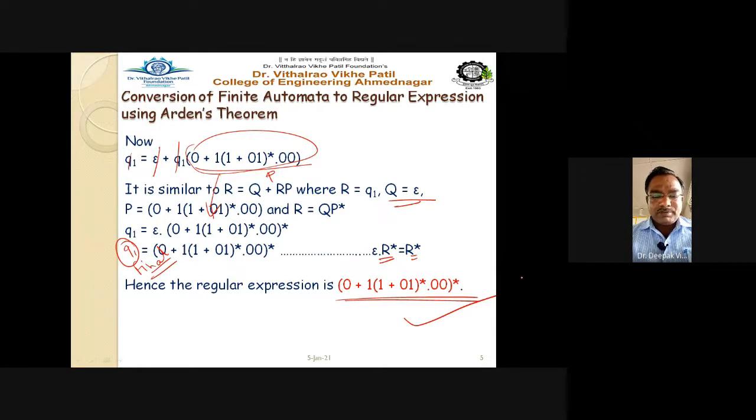So just step by step, first write down the state equations and try to solve them towards the final state. You can observe that if the final state depends upon some other state, like here Q1 depends upon Q2 and Q2 depends upon Q3, go in the reverse way. First solve it for Q3, then for Q2. Ultimately, you will solve it for Q1. And once you solve it for Q1, you are ready with your final answer. That is the regular expression for the given automata. Okay. So let us see one more example.